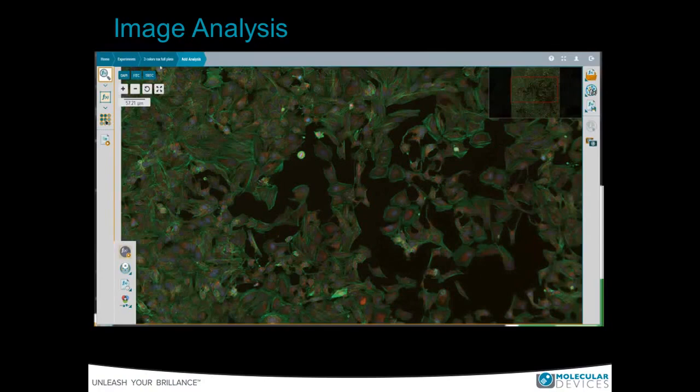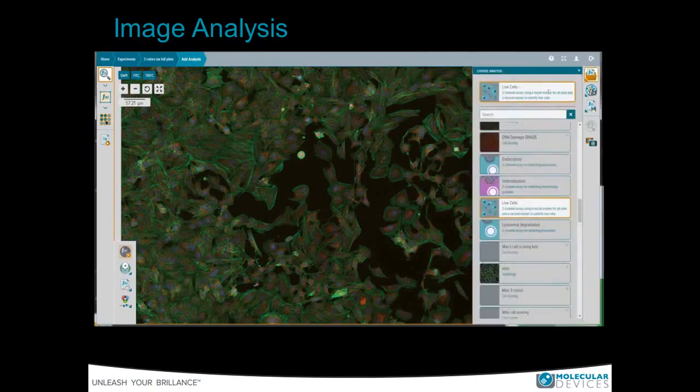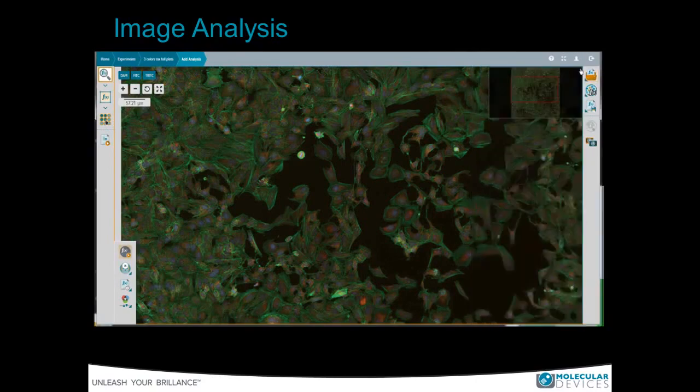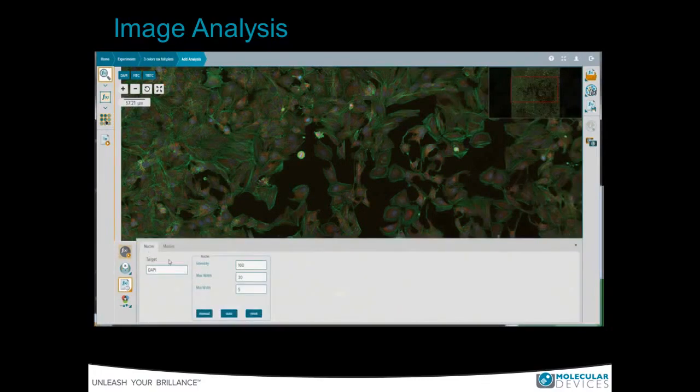For the analysis, you can select from a variety of available protocols. For example, select cell scoring analysis. Cell scoring analysis is based on finding nuclei, then scoring cells as positive or negative for the appropriate marker. Nuclei or cells are defined by dimensions, minimum and maximum, and also by intensity threshold over the background. You may start from the preselected numbers, or you can modify those by typing desired values.